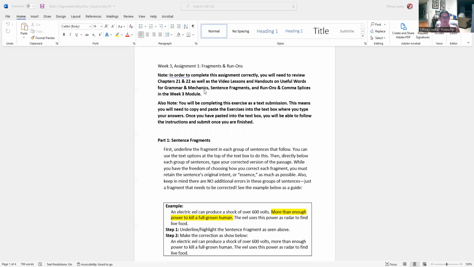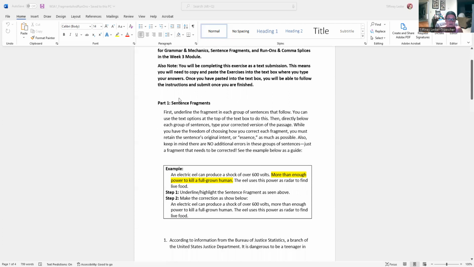Right? This is going to be a text submission assignment, meaning you don't have to download a file, you don't have to upload a file. You're going to type your response, your answers into the text box. What I would like you to do though is, starting here with part 1, I want you to